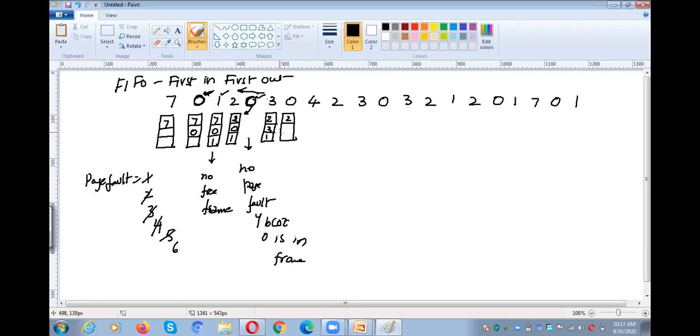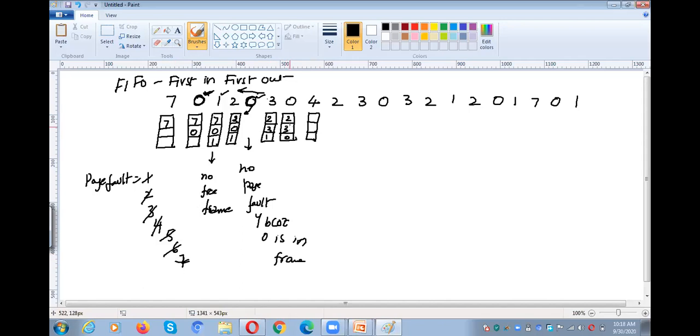1 enter into the main memory first. So that is the reason why we take out that one. And then again 4. 4 is not available in the main memory. So again page fault. So which one I need to take out? 2. So why? Because 2, 3, 0. 0 just came into the main memory now.